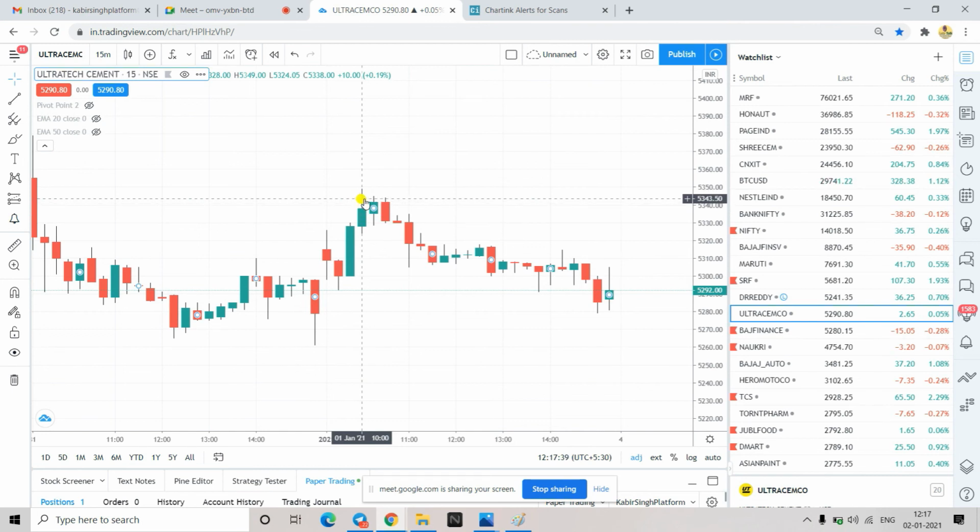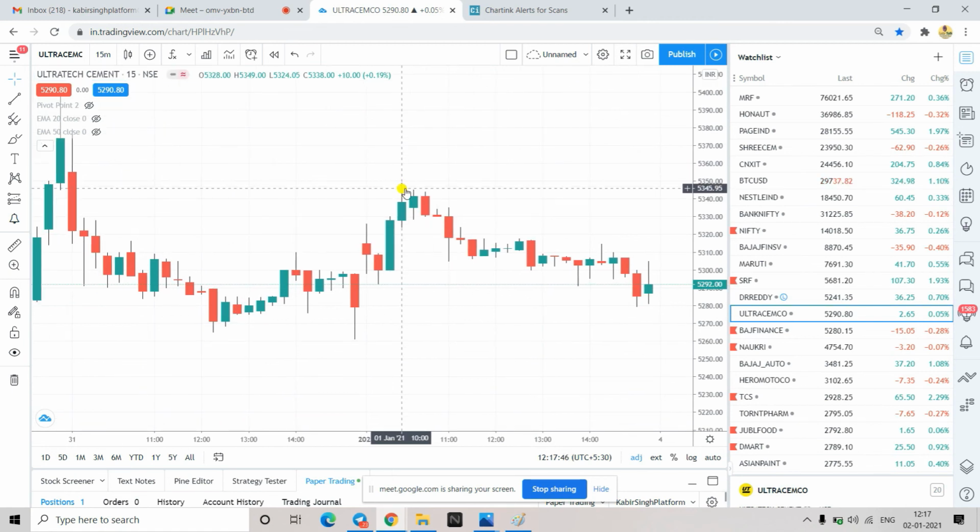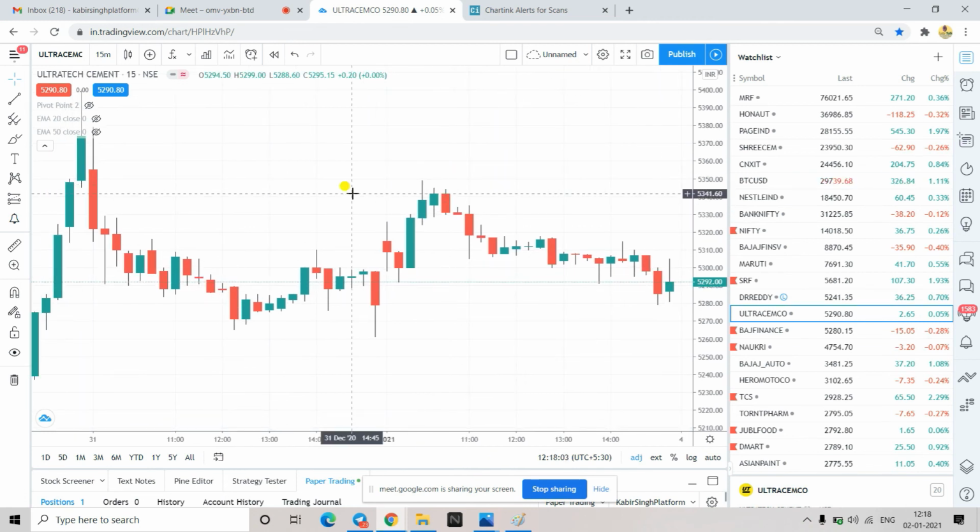In this candle, the high, if you see around here we got it, but then the high was not broken. So your order will not get executed here. The alert came at 10:03, which means this candle was still forming at that time. So make sure that you always try to enter at the day high. In this case, the day high is here, and you could see it was not able to cross that. Once you get the alert, make sure that you only enter once the day high is crossed. Follow this point, very important. If you don't follow it now, you will not get it when you do it.